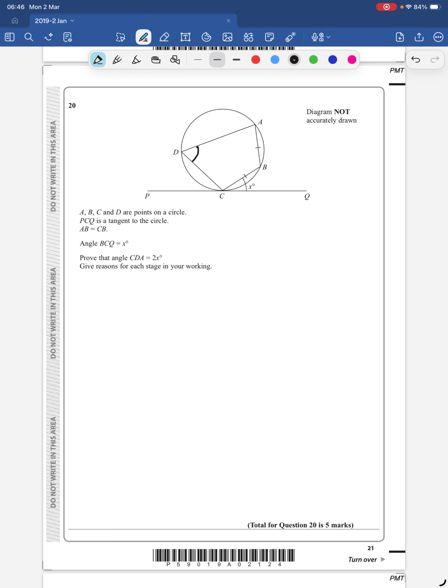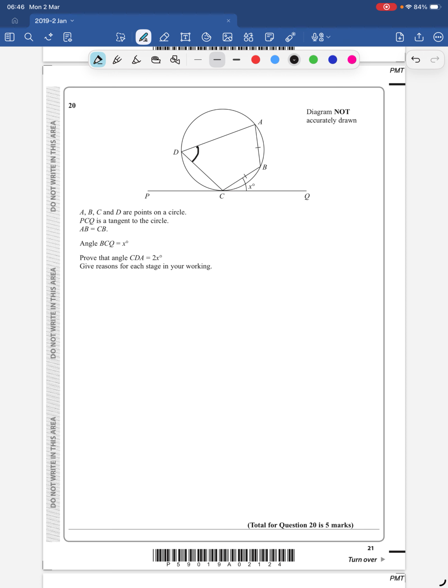So this is worth 5 marks, and very often you'll get sort of 3 marks for doing what you've done, but you'll lose marks for not giving these reasons for each stage in your working. Now, circle theorems are something that you've got to memorize. They're not on the formula sheet. They're really good for things like Quizlets and Kahoots and flashcards, whatever you use, because they are just things you've